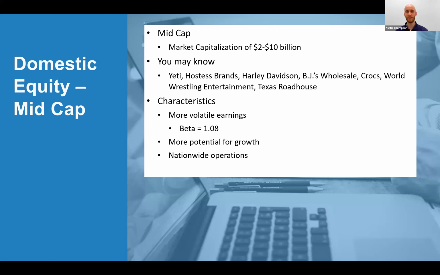These companies will tend to be larger. They're not small companies. They are less likely to be international though. They might have nationwide operations, and that's why most of us have heard of these names, Yeti and Hostess and those kinds of things. Those are household names. But if you were to go to Europe, maybe not so much. If you're going to go to South America, you're probably not going to see a lot of Yetis going around South America. So there is a little bit of potential for these companies to move and grow into even having international